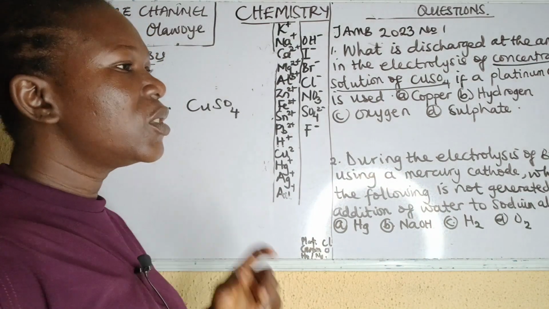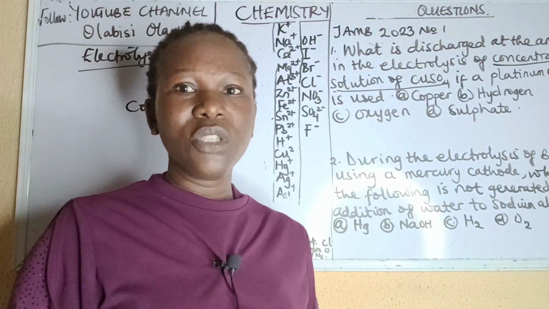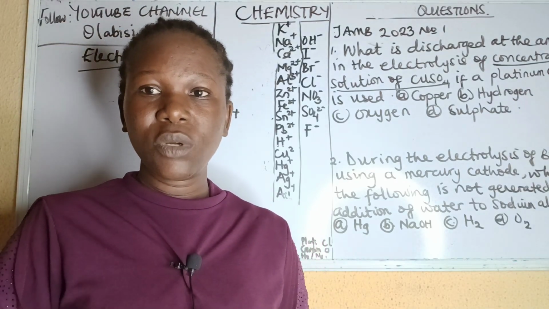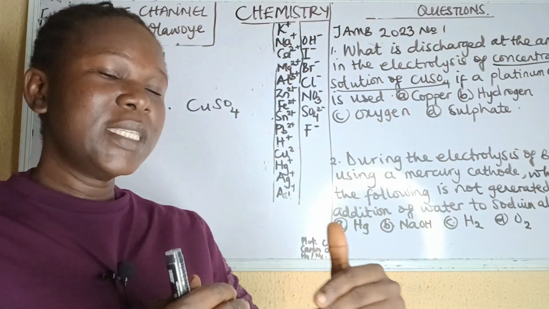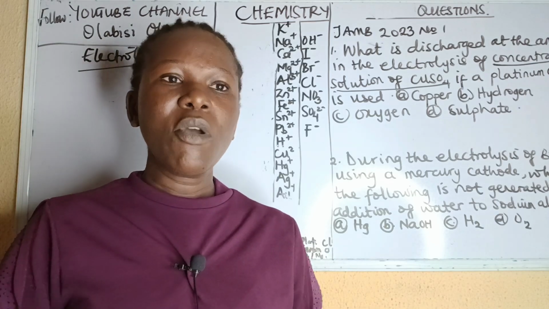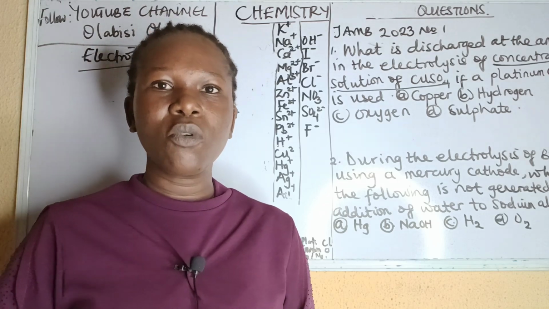copper sulfate. The rule says that if an ion is concentrated, it will be discharged in preference to the other one, even if it is high in the electrochemical series. But this rule can only work if the distance between the two competing ions is not too far. But if the distance is far, the one lower will still be discharged. The effect of concentration will no longer